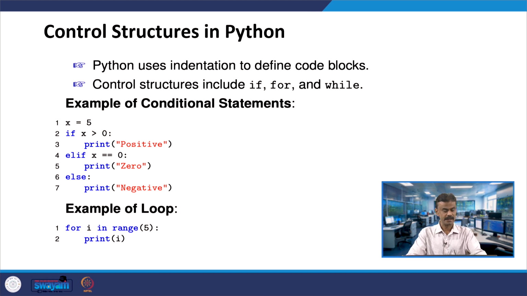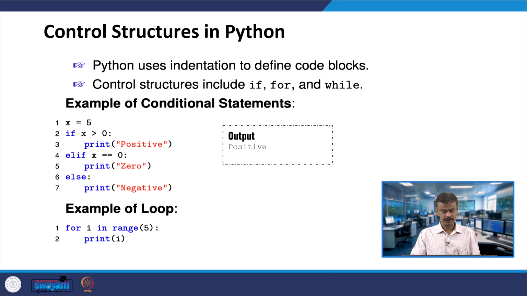We use else if. So here else if is elif. Else if x double equal to 0, that means if it is equal to 0, print 0, otherwise else print negative. So the syntax is very similar to C++ or Java that you had seen. If you practice, Python will be easy for the initial part of the code, and when you go deeper into Python, since you know the complete syntax of Java and C++, it won't be very difficult. So this is one case, the conditional statement.